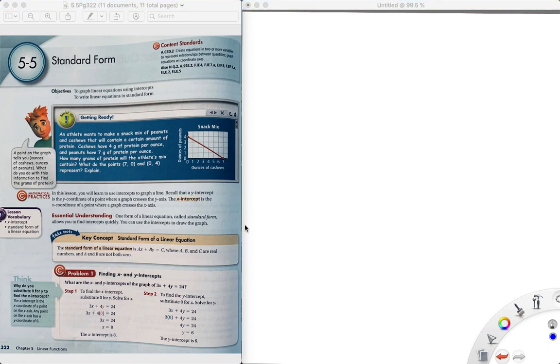Okay, so this is Algebra 1, Semester 1, Chapter 5.5 and 5.6, Standard Form and Parallel and Perpendicular Lines. So,